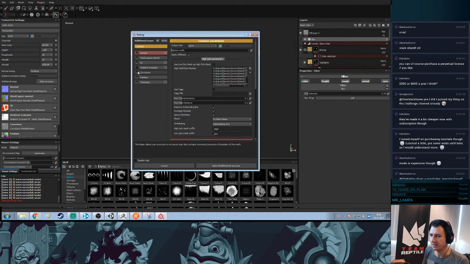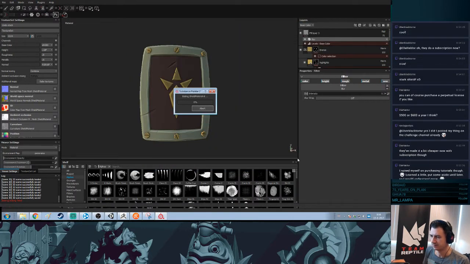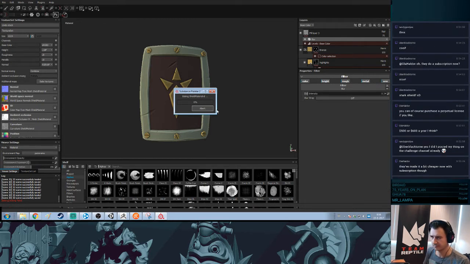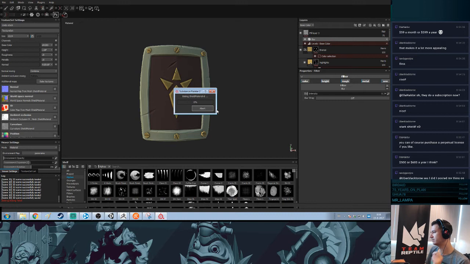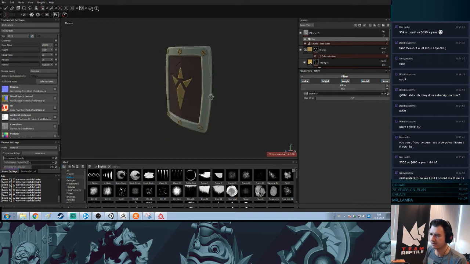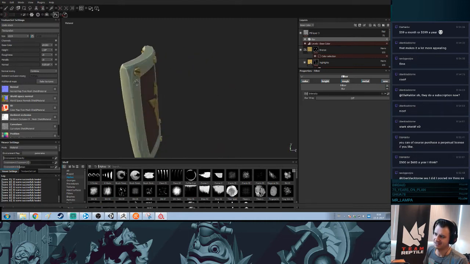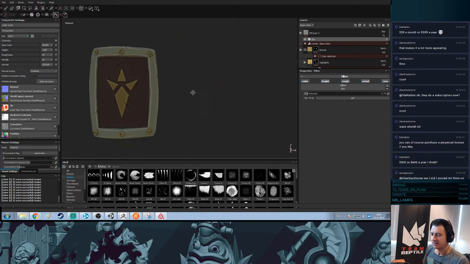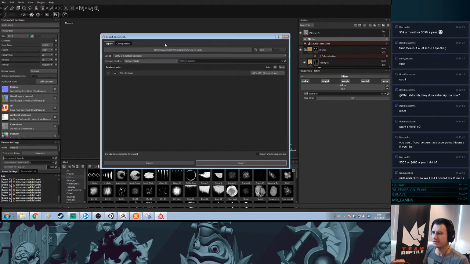Okay, let's bake the ID map only for this color random. Okay, see, just rebake it and it's working. That's super silly. Okay, let's export this to